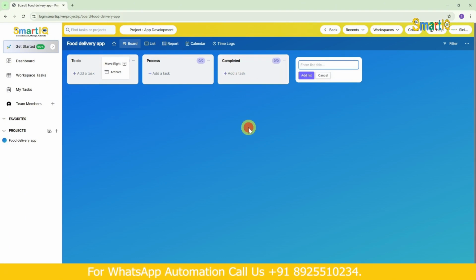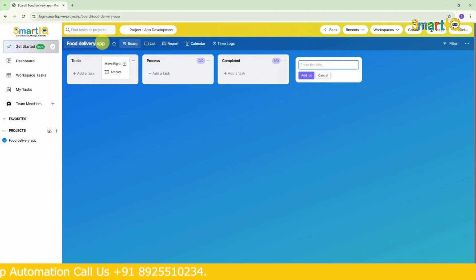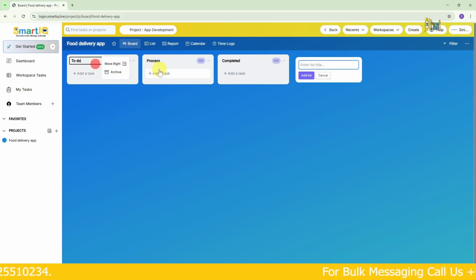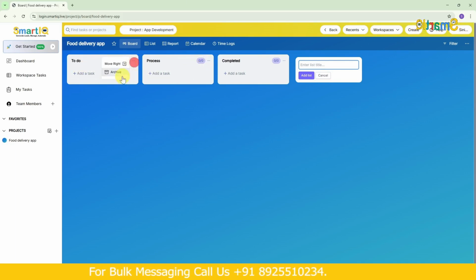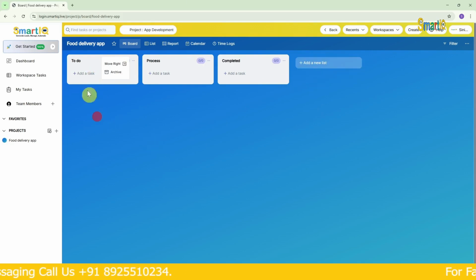Okay, now in a workspace called food delivery app development, there will be a project called food delivery app. We can even move this like that and keep it, move it to the right. Then you can also keep it on the left like that. Here you can just click and do whatever you want. Okay, so for now we don't need this. Now under these 11 we can add as many tasks as we want.